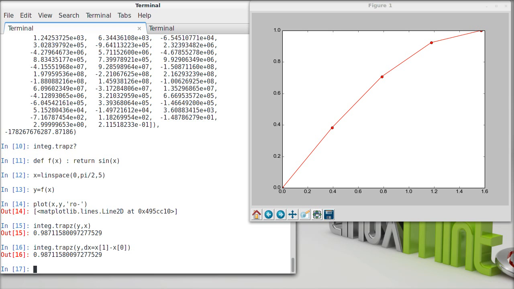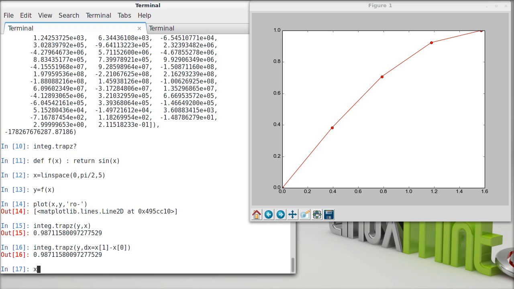In this case, we know what the answer is. We know that if we integrate the sine, we get minus cosine. If we do it from 0 to pi over 2, we're going to get 1. So we know that the answer is supposed to be 1 and that this is reasonably close. Okay? But if we didn't know that, or that is, if we don't know what the true value is,